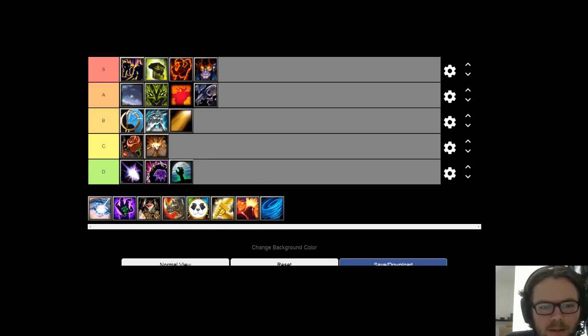So now we're on to the actual neutral heroes. But before we look at that, I mean, we can kind of tell just by the racial heroes here that the S tier is dominated by two human ultimates, one undead, one night elf. In the A tier, two night elves, one orc, one undead. So really, the undead ultimates